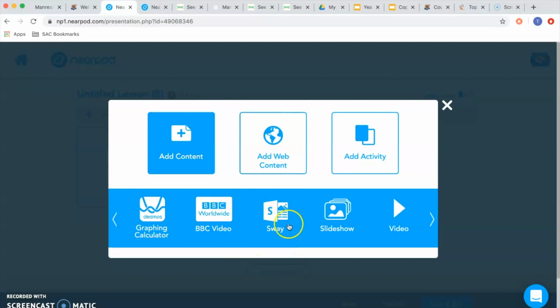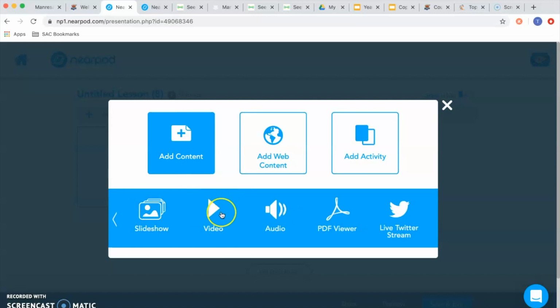Sway, which is another presentation tool, a Microsoft tool. If you've created a presentation or a slideshow in Sway, you can bring it into your Nearpod. Same again with slideshow. If you've created a slideshow, you can put it straight in there. And if you've got a video that's saved on your computer that you want to put in. Audio, again, if you've got an audio file. PDF, if you've got a PDF document that you want to insert in there, or live Twitter, which we probably